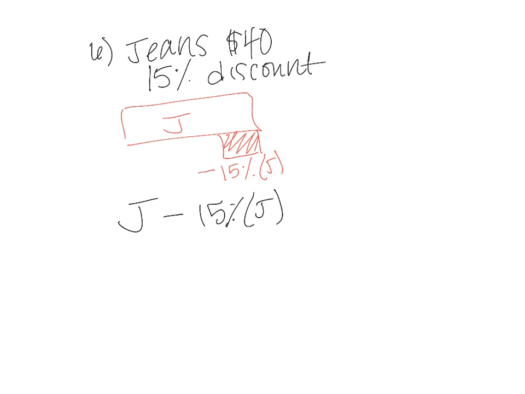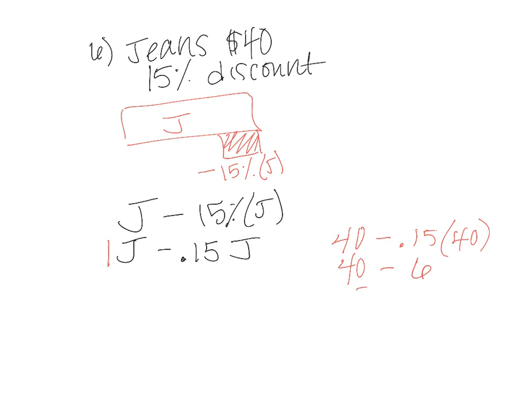Okay, so I would have jeans minus 0.15 because that's the percent as a decimal. So I do have that capability of saying, hey, I could subtract now. So I can either plug it in and I can say my jeans are $40 minus 0.15 times $40. And when I do the math, I'm doing 0.15 times 40, which is 6. When I subtract, I get $36. And that's the amount that I'm going to pay for the jeans after the 15% discount because $6 is the